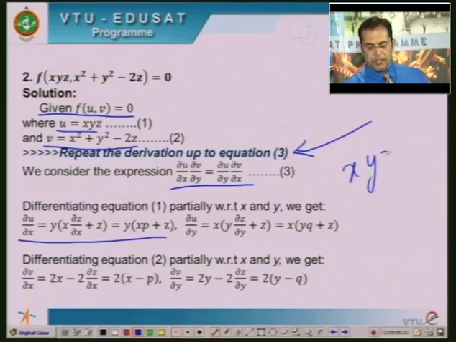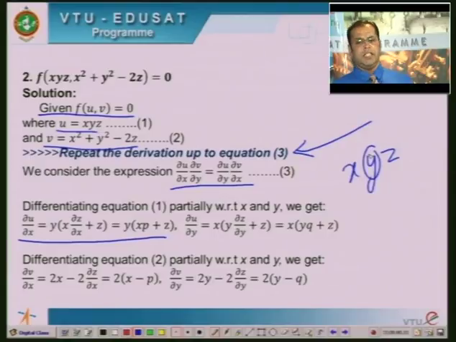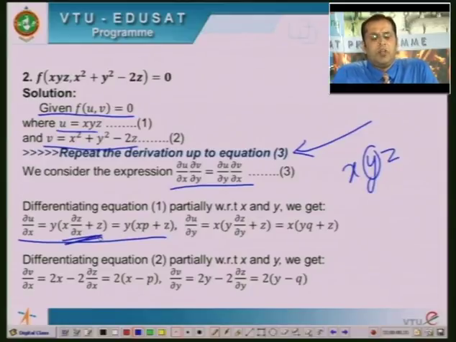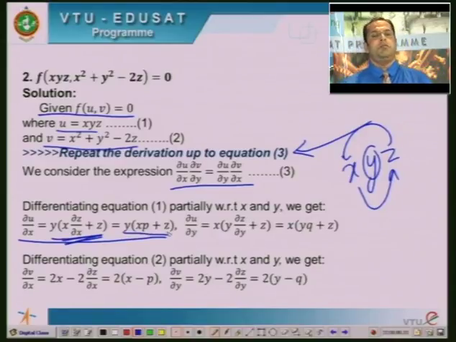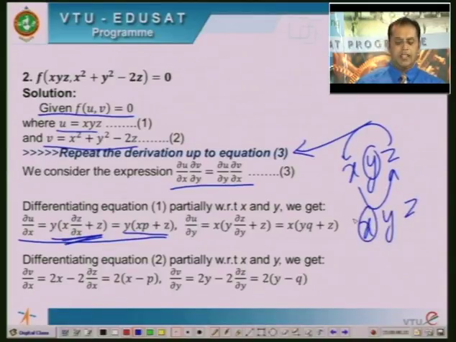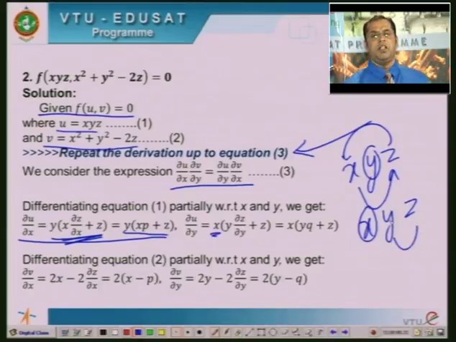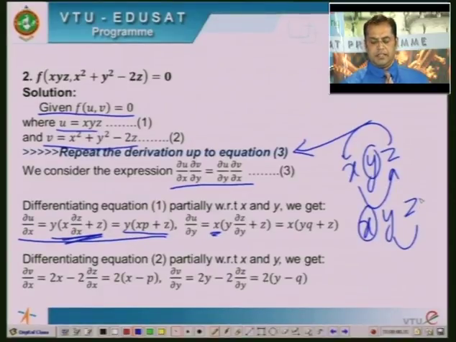In the LHS, as was illustrated in one of our previous examples, with respect to x, y is a constant that will stay outside. Apply product rule for x into z, which will give you x into dou z by dou x plus z into 1. When you apply the notation, it is y times xp plus z. When you differentiate partially with respect to y, x is the constant which will stay outside. Apply product rule for y and z. So, it is y into dou z by dou y plus z into 1,